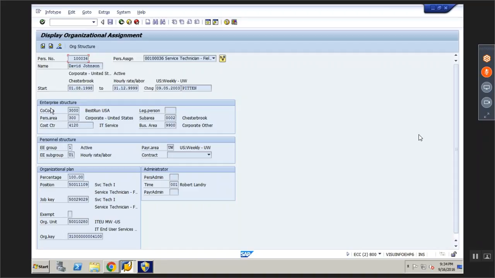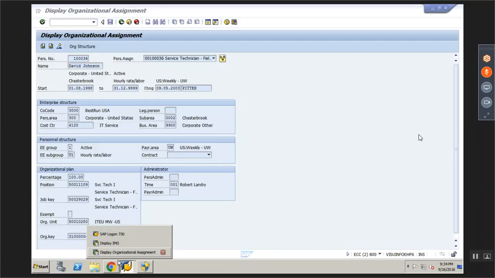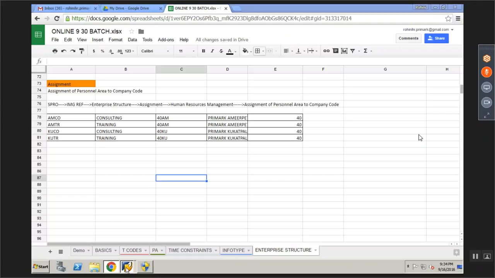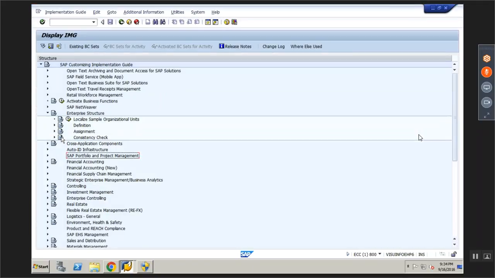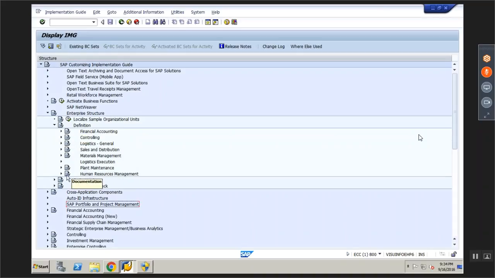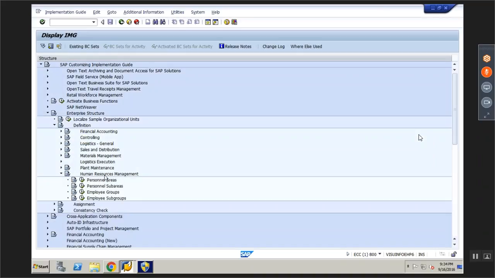We are done with the enterprise structure of company code, personal area and personal sub area. Now in personal structure you have employee group and employee subgroup. These are also part of the same enterprise structure. Under human resource management you will have employee groups and employee subgroups.